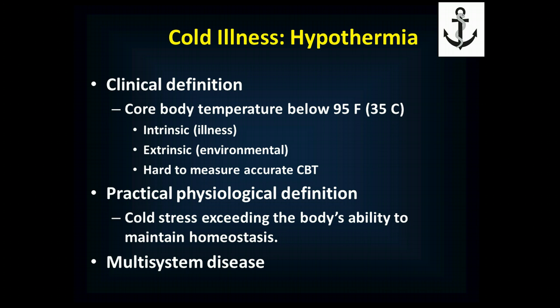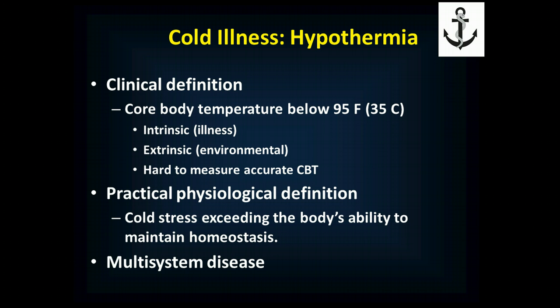Hypothermia is the body-wide cooling, and it's defined clinically as a core body temperature below 95 Fahrenheit or 35 degrees Celsius. Now, it's really hard to accurately measure core body temperature in the hospital environment, let alone in the out-of-hospital environment. So you're going to measure a temperature. You're probably going to measure a rectal temperature. You're going to need a low-reading thermometer, either a medical thermometer specifically designed for low reading or an indoor-outdoor thermometer that gives you continuous reading. But what's much more important to you are their symptoms, the signs that you find, and the trend in their